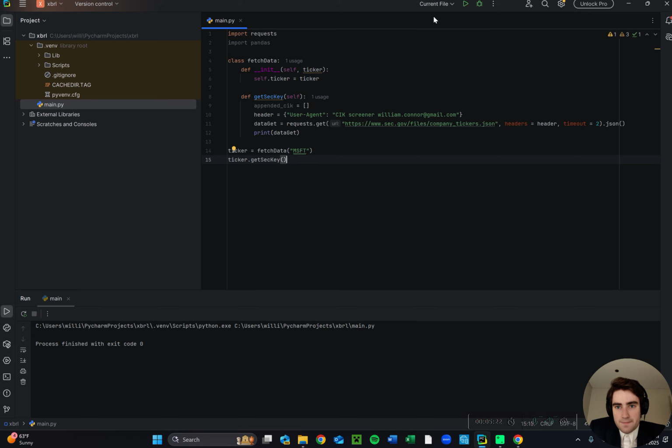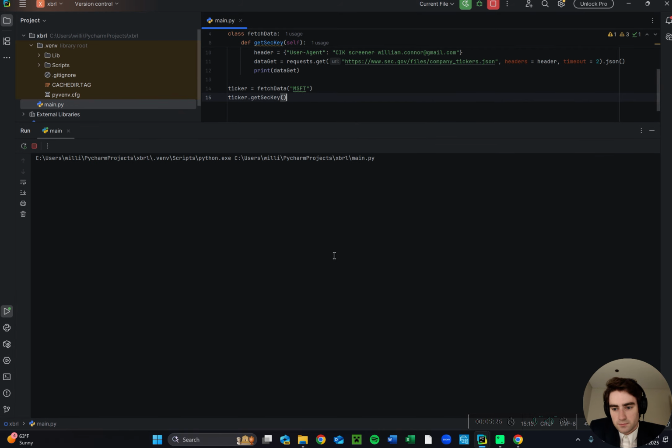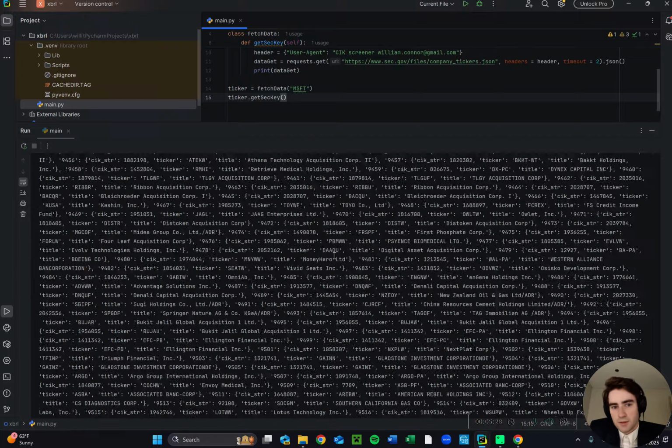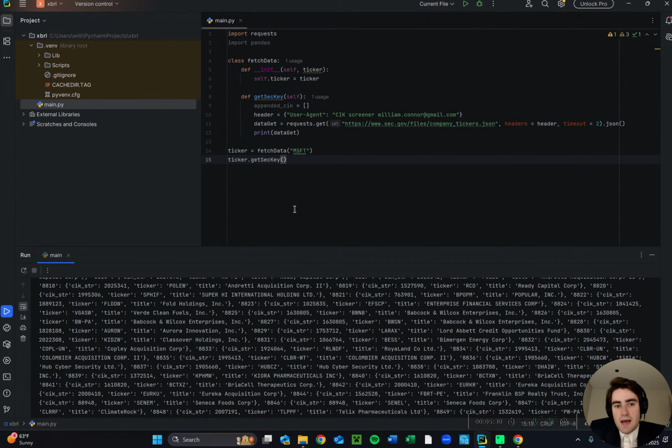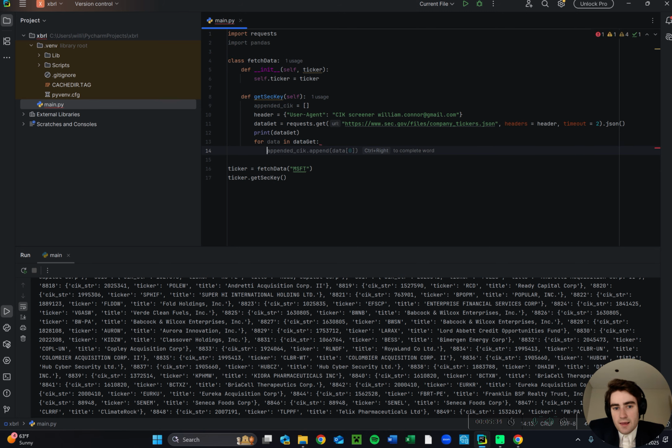Yeah, we can just run that, and it's going to print this huge JSON file, as you'll see. See, there's this huge JSON file that's been printed, and now we're going to want to iterate through that. So we can do a for data in data.get, and we're going to want to find the company or the central index key through this. So I guess this is an error. We'll do values,